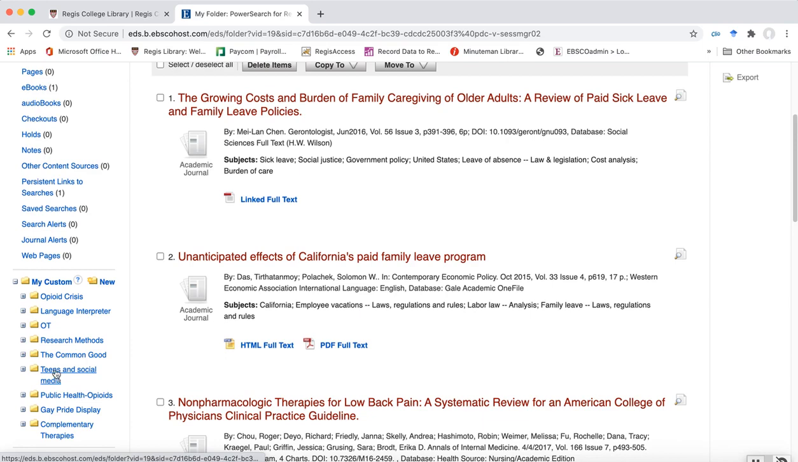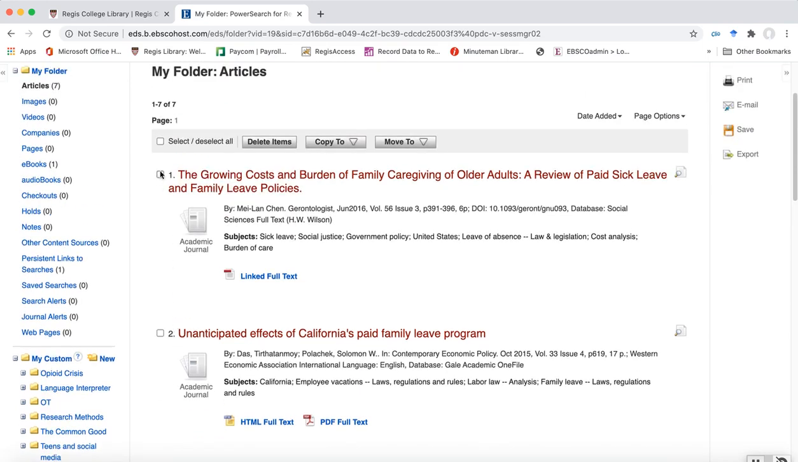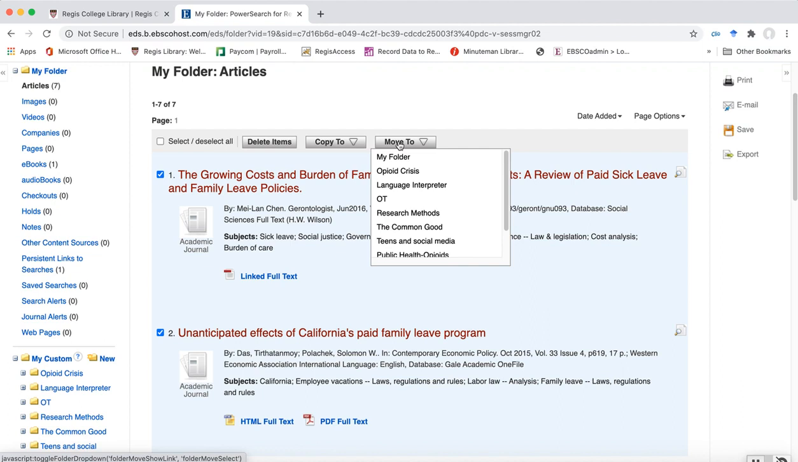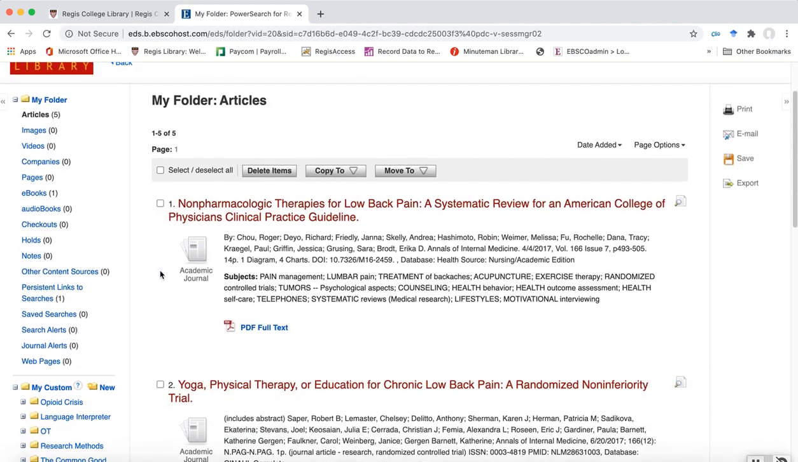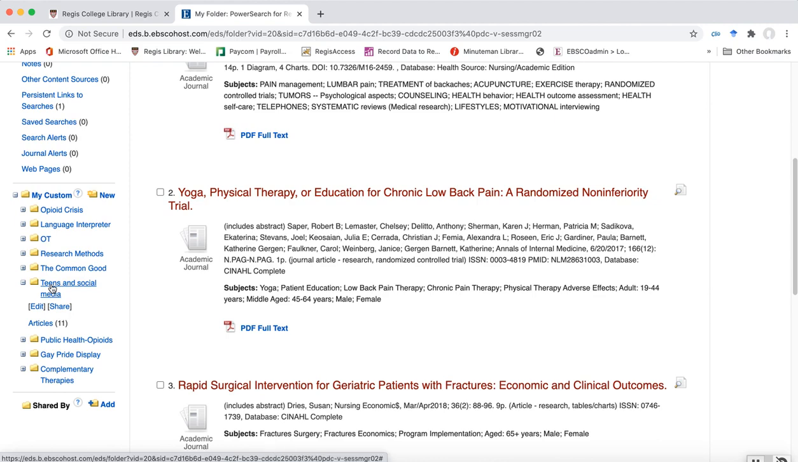So I added a bunch to the teens and social media, but I can also move these. So if I say, oh, these added to my folder, I now want to move these to my custom folder that I just added. You just click on them, go to move to, and move them right to your custom folder for your project that you're working on. So now I'm going to go in here and click on the articles,